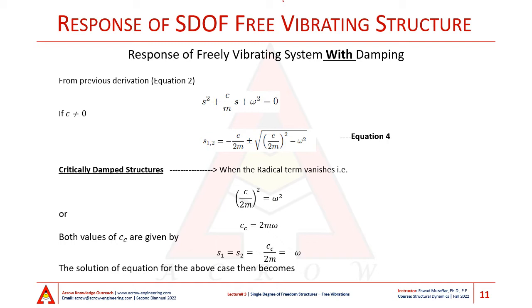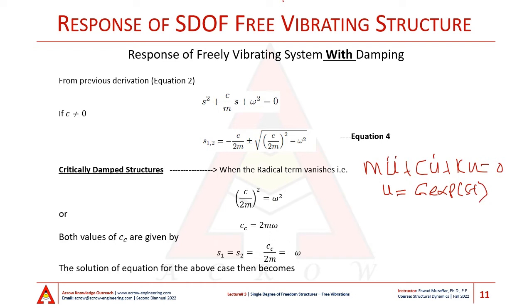From the last lecture though, I assume that you remember that our differential equation of motion of a freely vibrating system was equal to m u dot dot plus c u dot plus k u is equal to 0, and the solution of this second order homogeneous equation was u is equal to g exponential of st, where